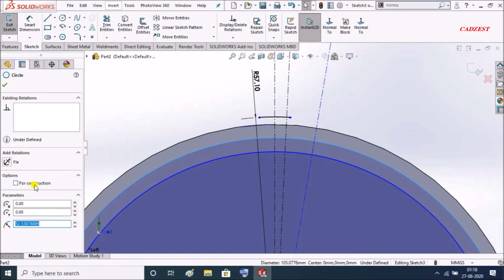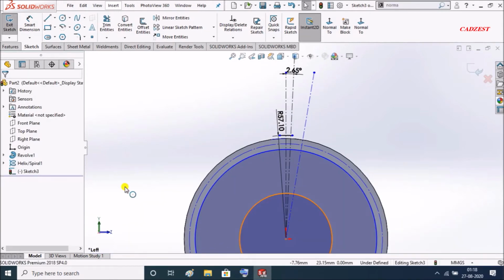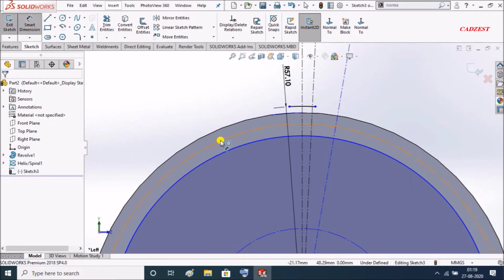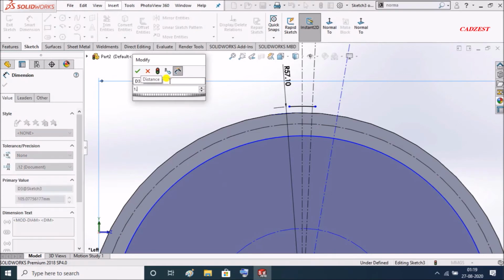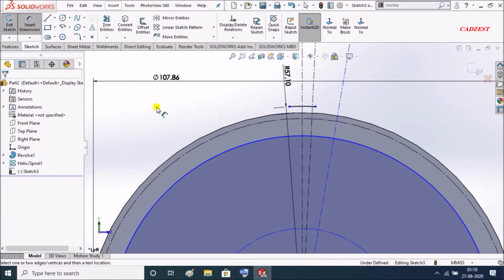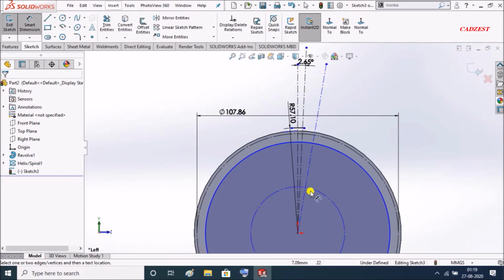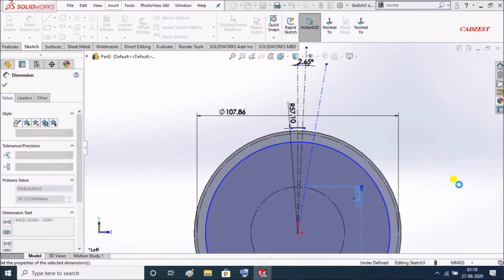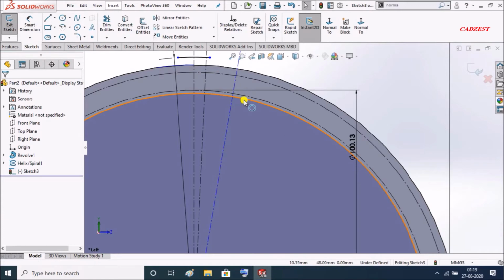This circle will be construction and this too. I'm going to give diameter to this, 107.86, and I'll give diameter to this as well, which will be 50.0630 multiplied by 2. Don't forget, you have to multiply it.